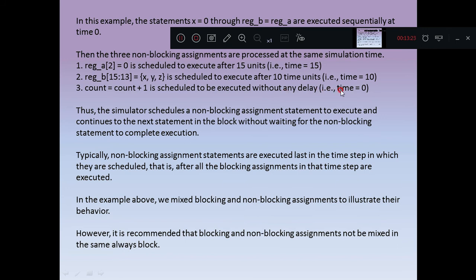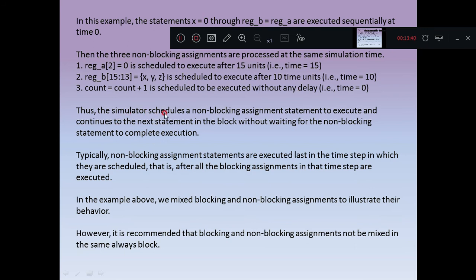As we have discussed, you can observe here that register A of 2 will get its value updated at time 15 units. Register B 15:13 is updated at time 10 units. Count equal to count plus 1 is updated at time 0.